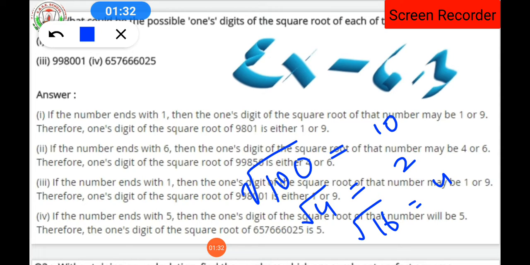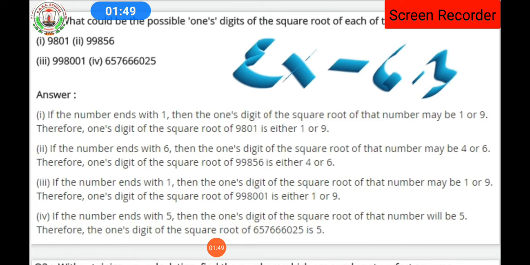So the thing is that here, if it is asked to find the square root of any number, then whatever answer comes, in that answer what will be its ones place value? समझ आया क्वेश्चन? And here it is said that अगर हम किसी नंबर का स्क्वायर रूट फाइंड करते हैं तो उस जो आंसर होगा स्क्वायर रूट का, उसका वंस प्लेस वैल्यू क्या होगा, that is asked in the question. So here we will go with a shortcut method. For the long division method, the solution becomes too large, ज़्यादा बड़ा हो जाएगा.